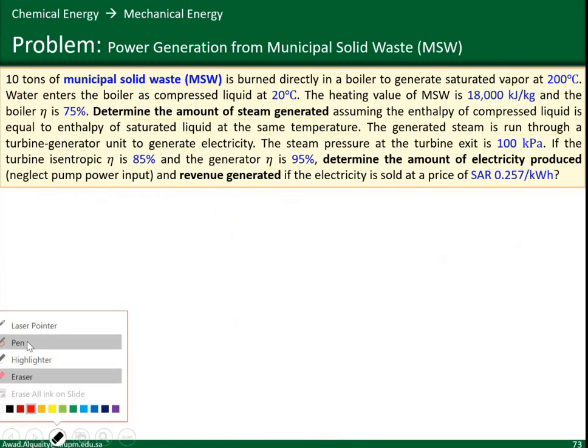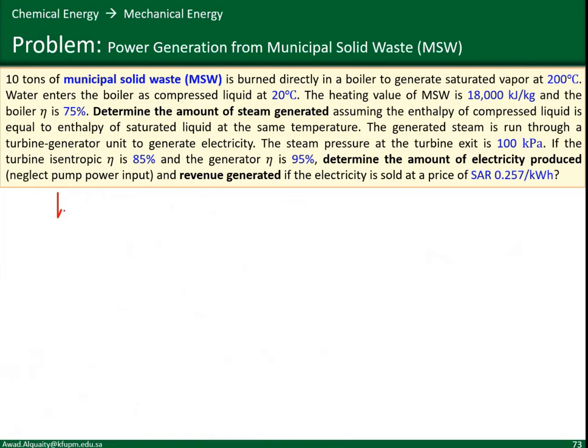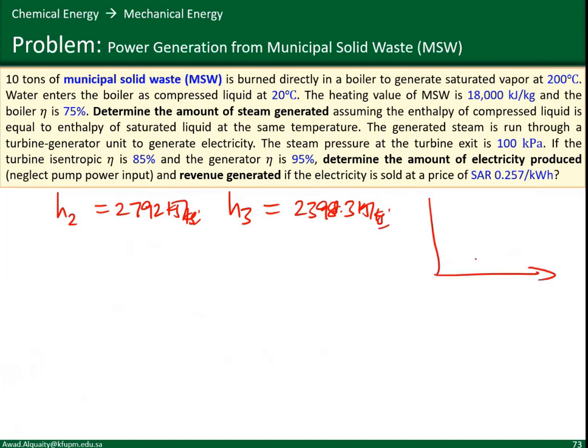S2 was 2792 kilojoule per kilogram. S3A or S3 came out to be 2398.3 kilojoule per kilogram. Okay, and just again for reference, we're looking at